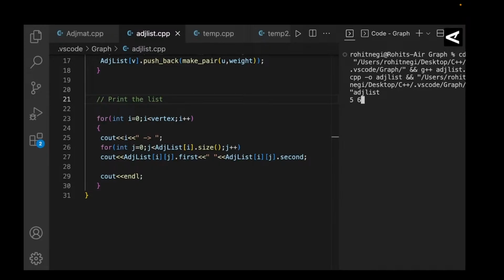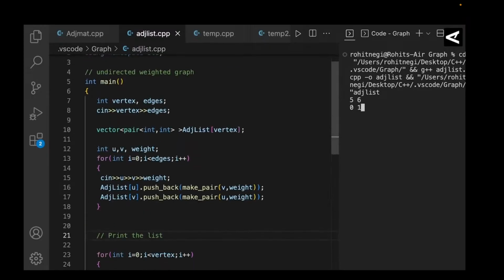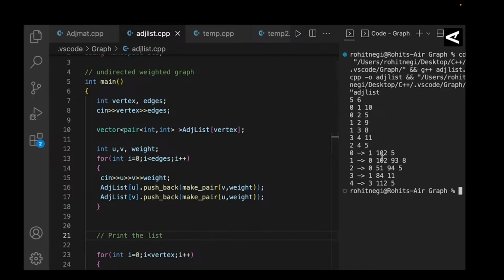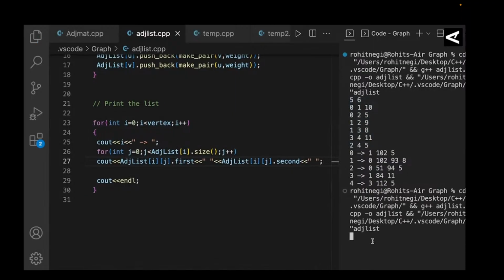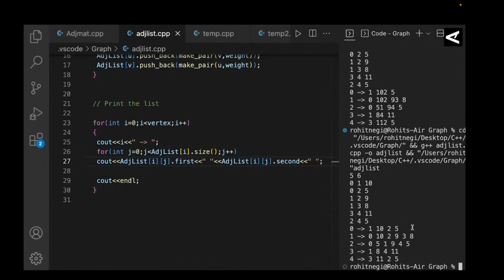तो मैं यहां पे आता हूं, 5 वर्टेक्स हैं, 6 एजेस हैं। 0 1 10 वेट, 0 2 5 वेट, 1 2 9 वेट, 1 3 8 वेट, 3 4 11 वेट और लास्ट 2 4 5 वेट। तो हम यहां पे अपने आंसर को इजीली देख सकते हैं। अच्छा, यहां पे ये आंसर चिपक से गए, चलो इन आंसर को पहले सही करते हैं। चलिए अब नहीं चिपकेंगे, इसको दोबारा रन किया, यहां पे कॉपी पेस्ट किया और ये हमारा आंसर बिल्कुल सही आया।